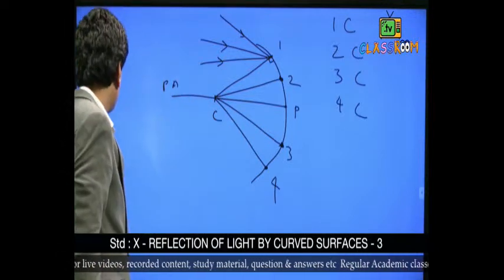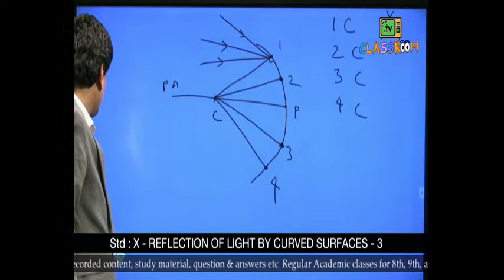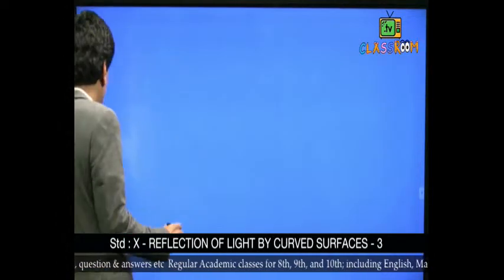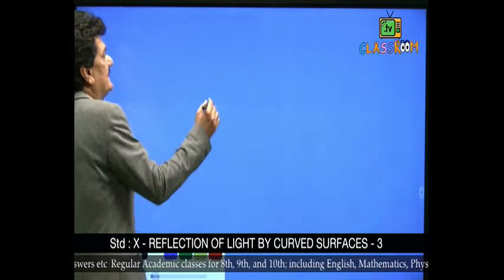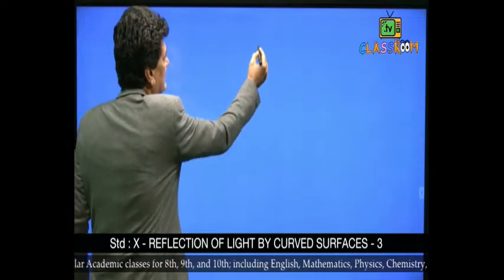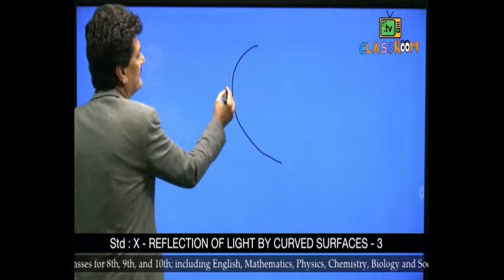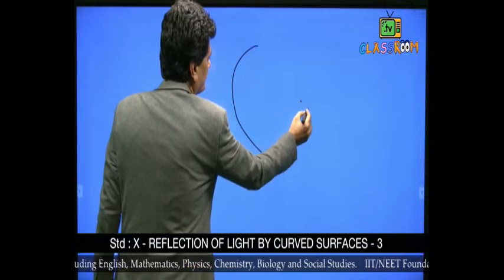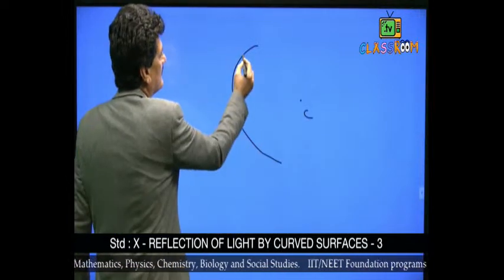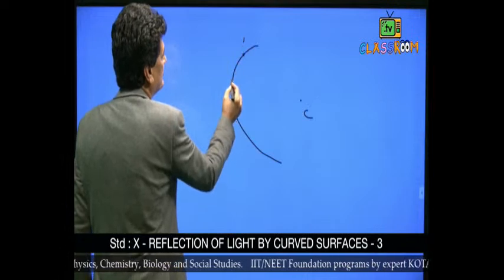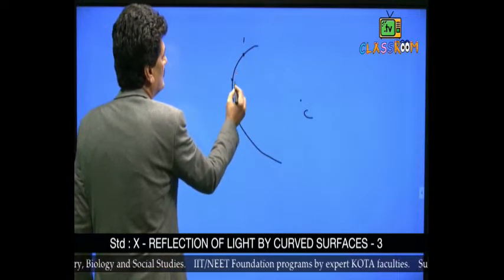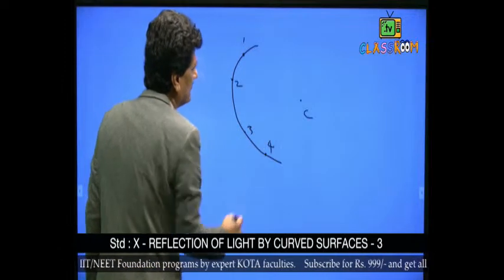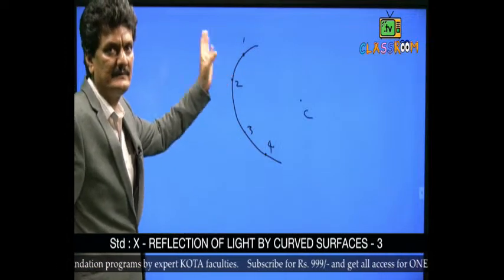Let us check it out for the convex mirror. How can we apply this for the convex mirror? The same tangent radius theorem we are going to use. This is the convex mirror and its center of curvature lies here, C. This is point 1, 2, 3 and 4. So here the rays might strike, incident rays might